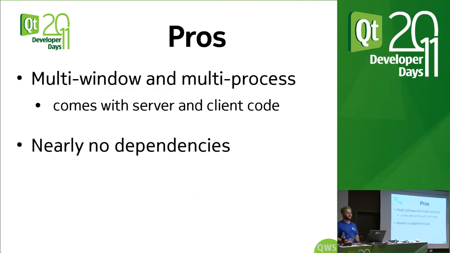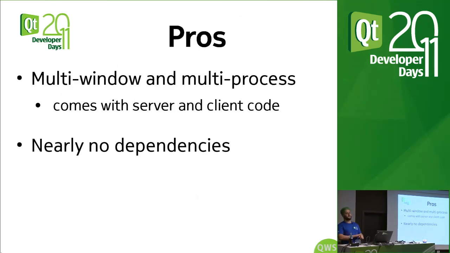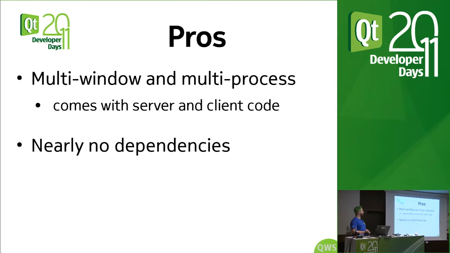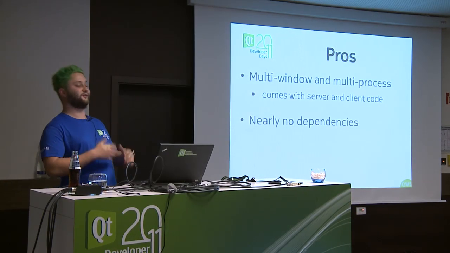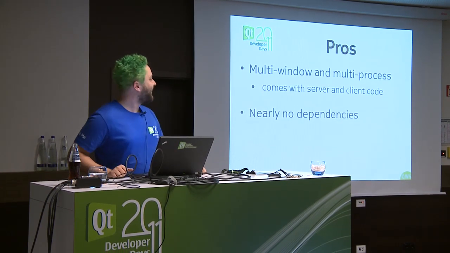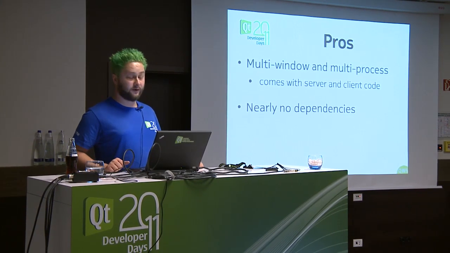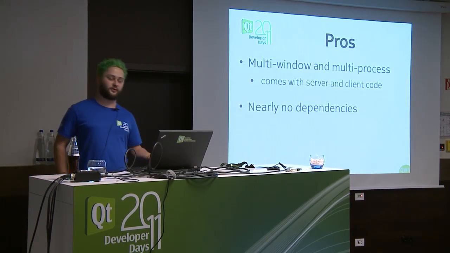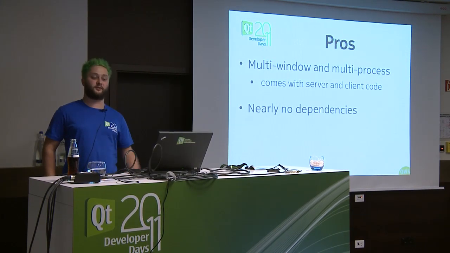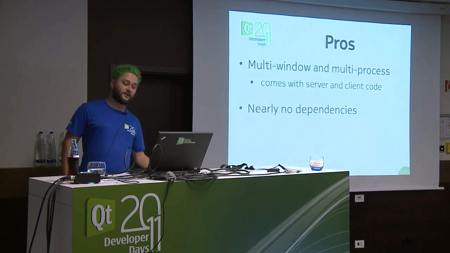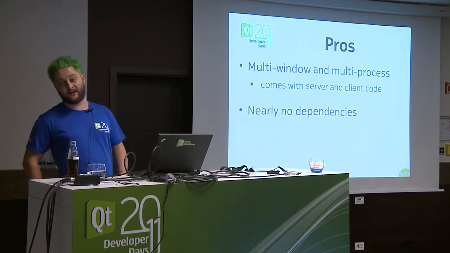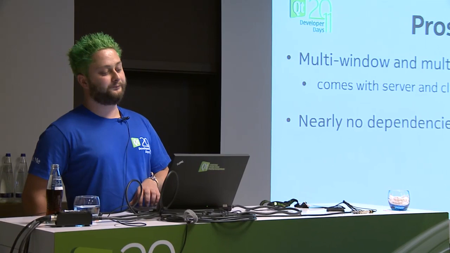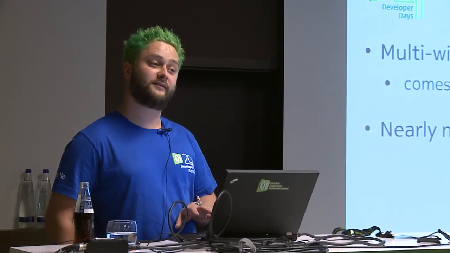There are a lot of good things about it, actually. It was used a lot in the embedded sector because it has a lot of benefits. This slide was way longer when I first made it because there are a lot of good things about it, but I don't want to brag too much about the old system. It has full multi-window and multi-process support. It already comes with the necessary remote process communication protocols and all the implementations for that. All the code for that comes with it. It has nearly no dependencies, fast start-up and so on and so on. So it has its use cases, but